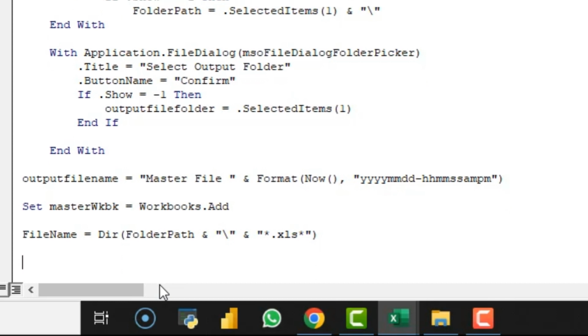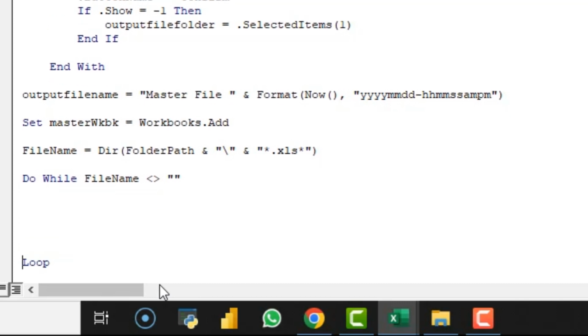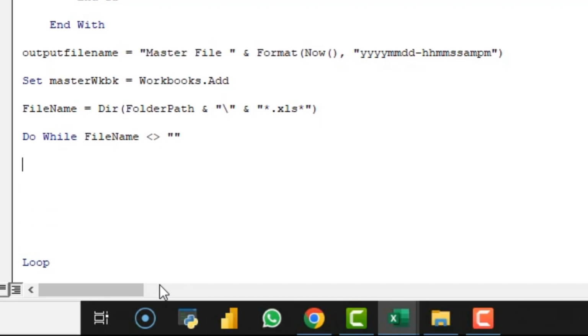Now we want all the files to be taken, so we will be using here a Do While loop till the file name is not empty, and then we have to end this loop using the Loop keyword, and then we have to write code in between. So first we have to check whether we are doing right or wrong. So folder path and then file name,